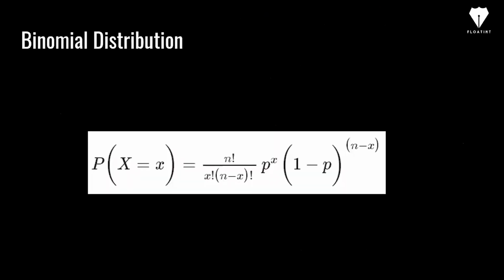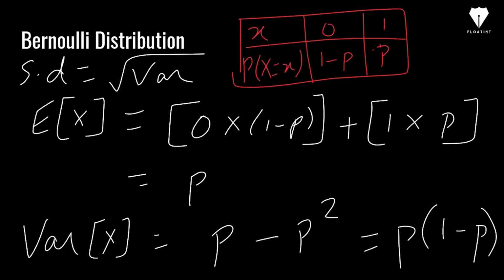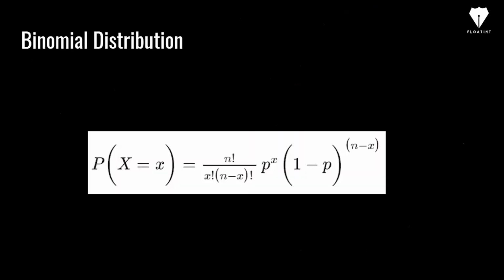Now coming to the binomial distribution. Here we do a lot of Bernoulli trials. A Bernoulli trial is a similar experiment wherein you have only two outcomes, but we do this multiple times. For example, we toss a coin, let's say 15 times. In that case, you might be interested to know the probability that I will get a head 4 times out of those 15 times. In those kinds of situations, you use the binomial distribution.